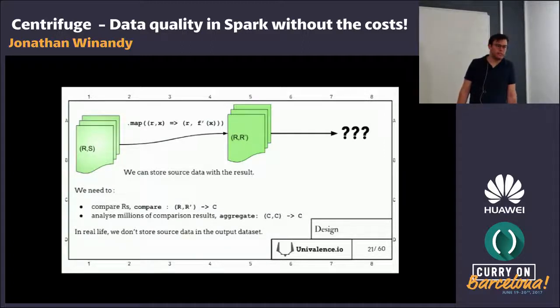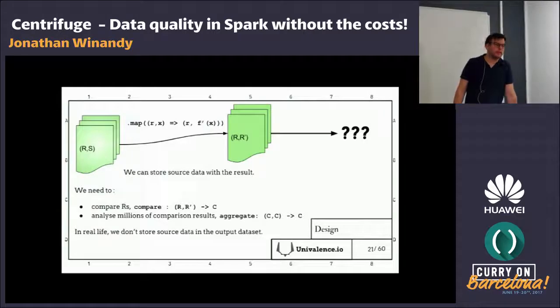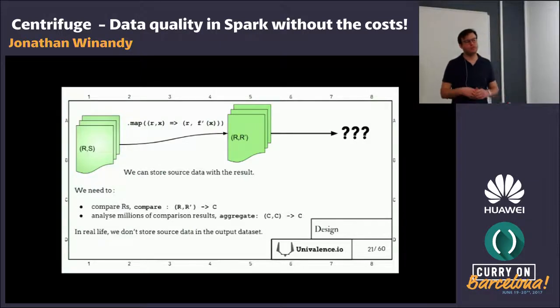The thing is, only the technical concerns are solved here, because we still need to define a function that can compare r and r prime, and to make this comparison in a way that can be aggregated after. So you could solve it like that, but it then requires trained engineers to be able to define those comparison functions and aggregation functions. It's not that easy.